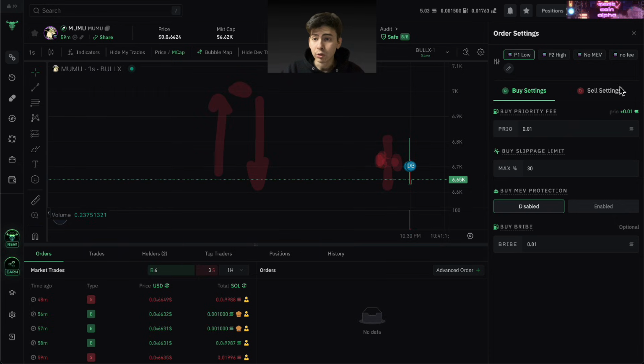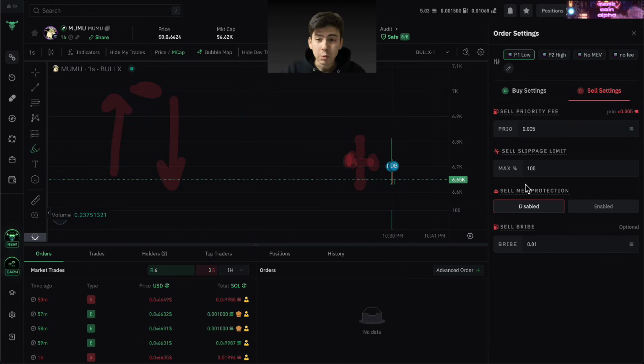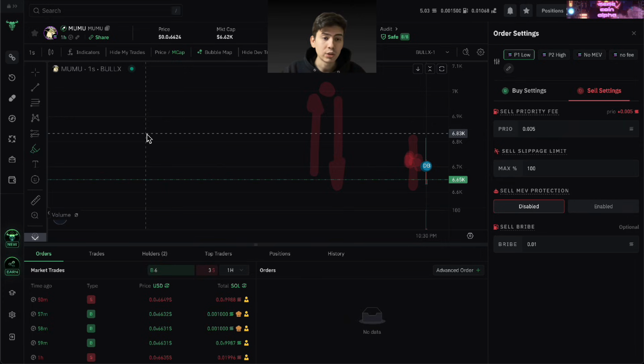So for the sell settings for this preset, I have my priority fee set at 0.005, my slippage amount is 100%, my MEV protection is disabled, and my bribe is 0.01. You may ask me why my slippage amount is set at 100% for the sell settings. Well, this is mainly just to get out of the coin as fast as I can, because as soon as